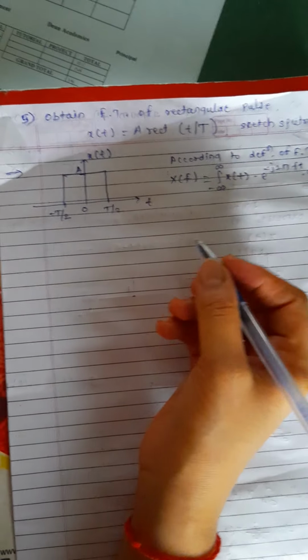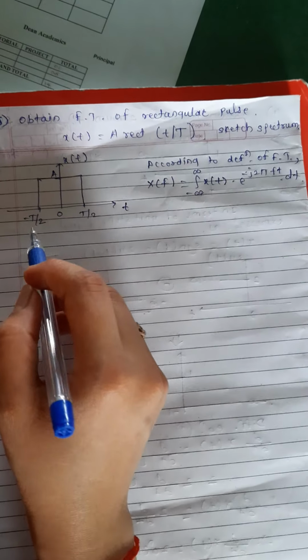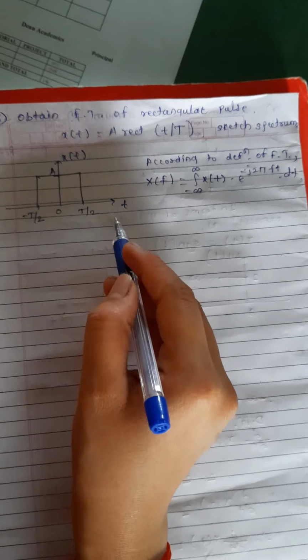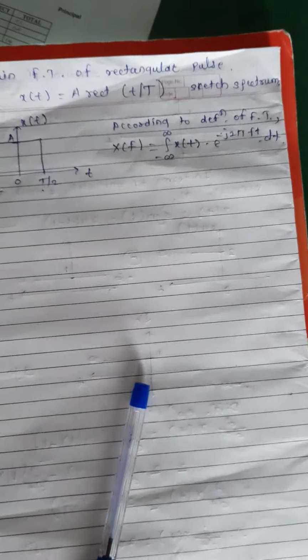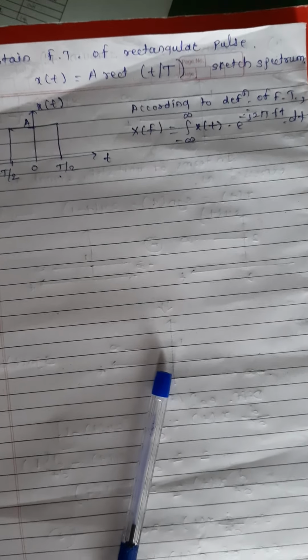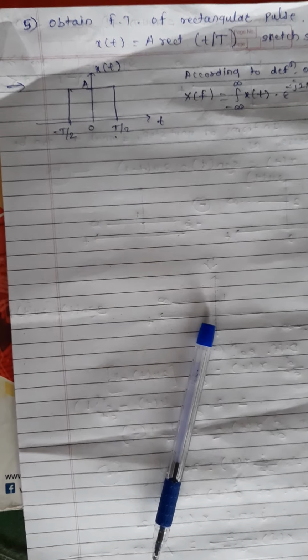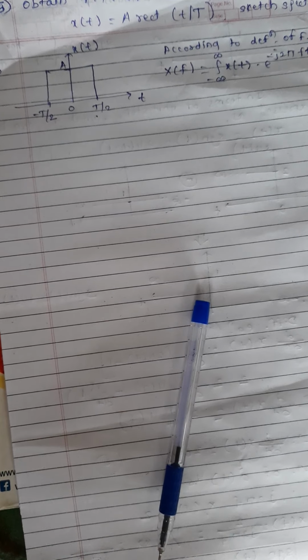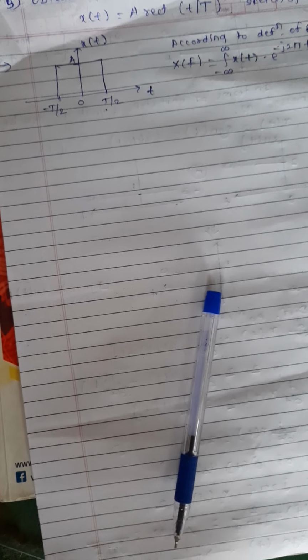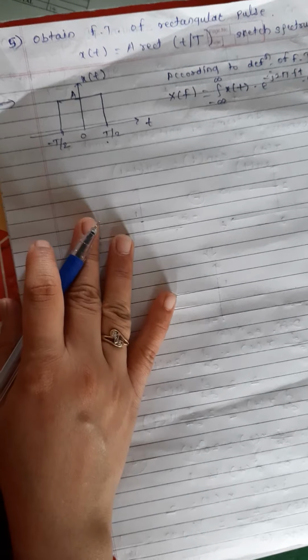Now here x of t is A and it is from minus T by 2 to plus T by 2. So we can write here